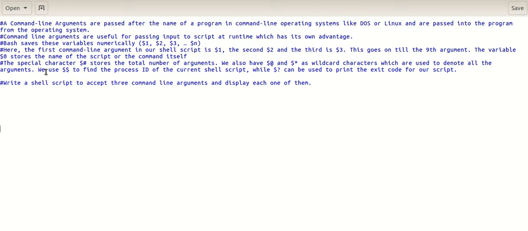So now we shall have an example to demonstrate command line arguments. We are going to write a shell script to accept 3 command line arguments and display each one of them. Initially we are going to start the program with a for loop. We can start the program by declaring for i in the command line arguments, that is $@